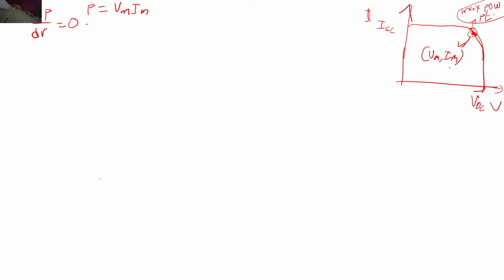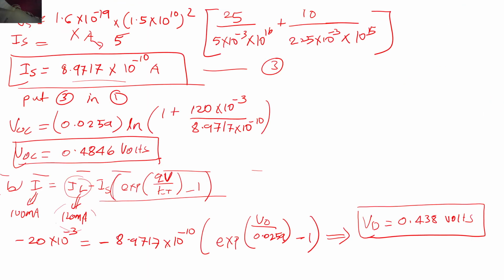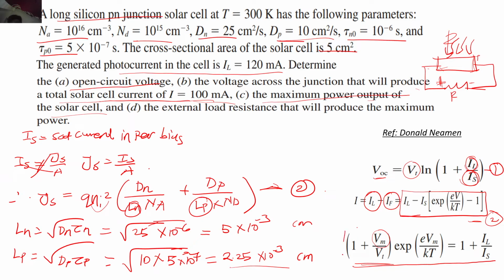So now if I want to calculate the values of Vm and Im, because they are asking to calculate the maximum power, right? You know what the maximum power is? It is nothing but Vm times Im. So I don't have any choice, but I have to find the values of Vm and Im. Now how am I going to find it? I am going to use this equation. This equation has come after differentiating the power expression with respect to V and equating it to 0, right? So now let me use this equation.